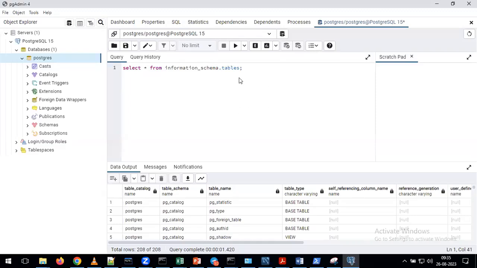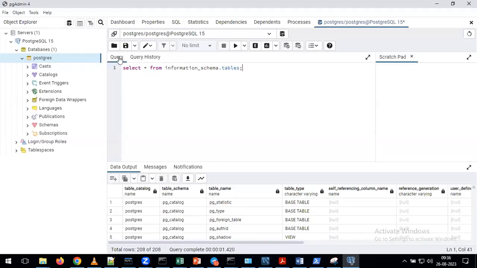Now, for example, if you want to perform the practice only locally, what can we do? Here you can create the tables, insert the data, or perform any kind of activities on top of your local Postgres. But our requirement is to perform all these activities on the cloud Postgres, and to do that, we are going to use this window as a third-party application.